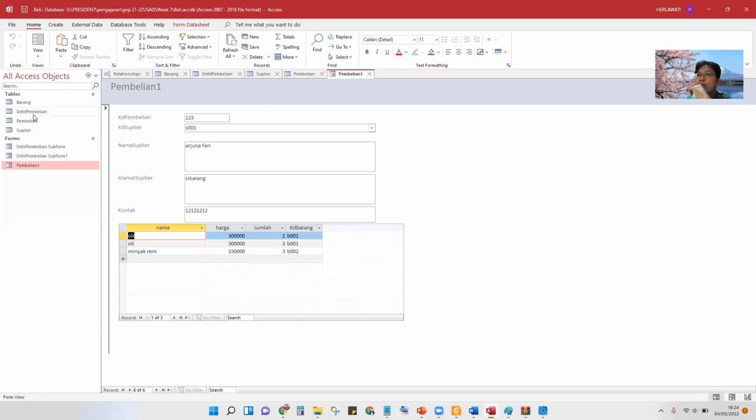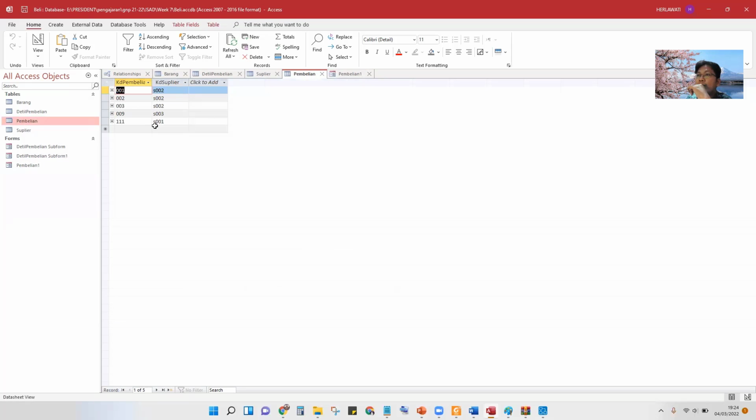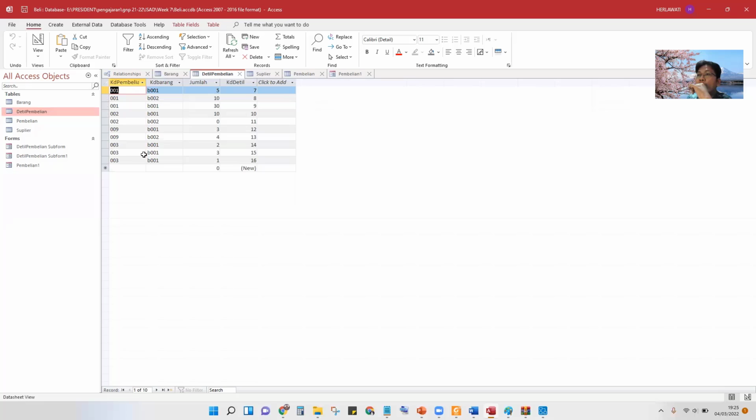But we check the database, there is here a transaction in pembelian, and you can choose in detail. There is a detail code.